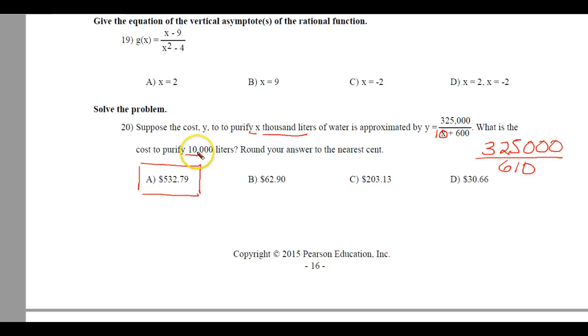The key is, if you put in there 10,000, that would be wrong. The tricky part was they're saying it's 1,000 liters. So you only had to put in a 10 there. Do the division, and that's what you get. Well, okay, just at 40 minutes,